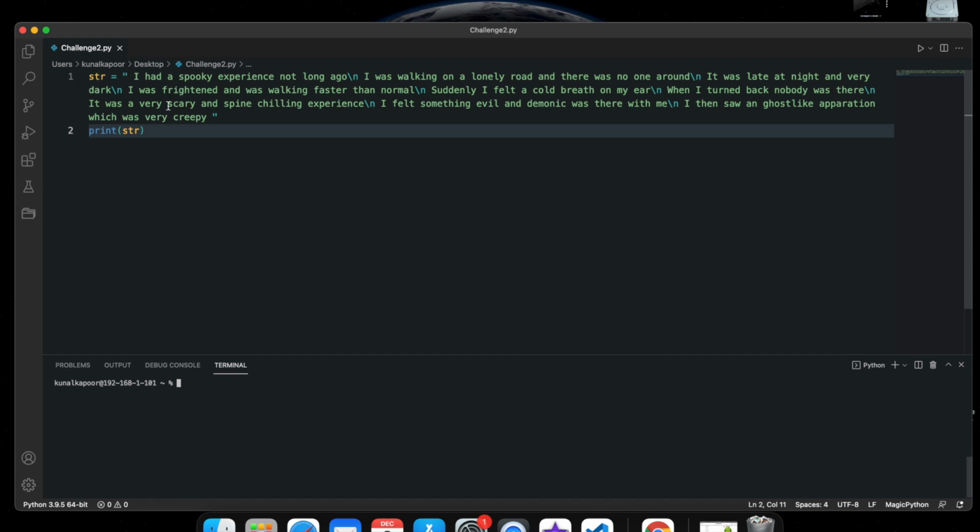In this string I wrote a small story which is a horror story, and it is making sense. It's not like the weird story which wasn't making sense. So maybe by the end of this challenge, not only do you learn how to write meaningful stories in Python using string slicing, it may make your story writing skills better, and maybe one day you can be the next Stephen King. Who knows? But let's talk about the challenge now.